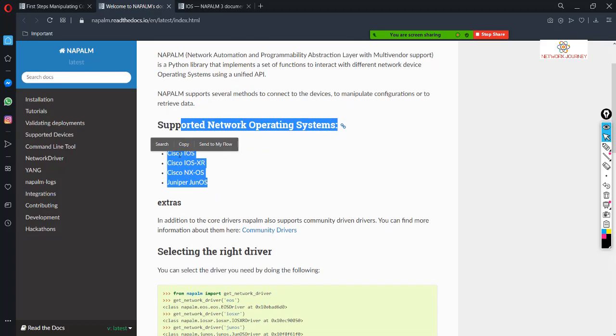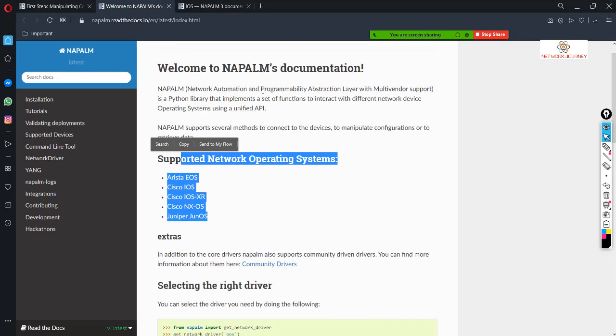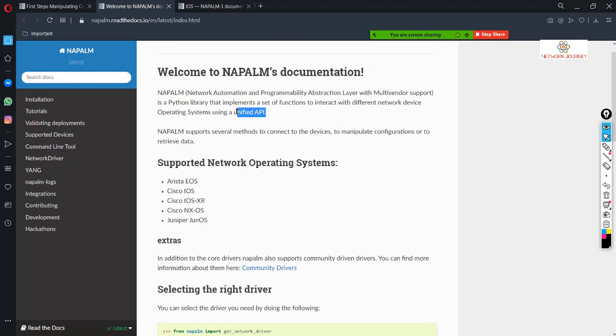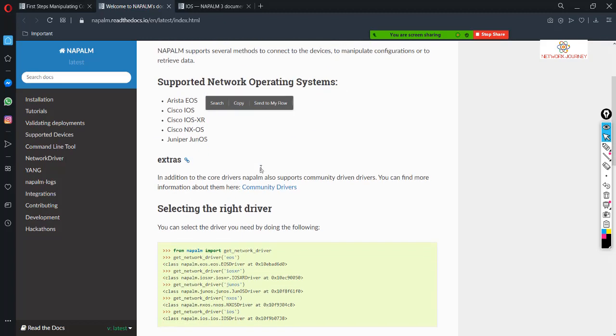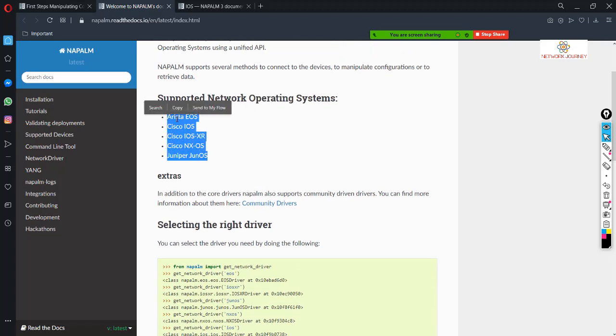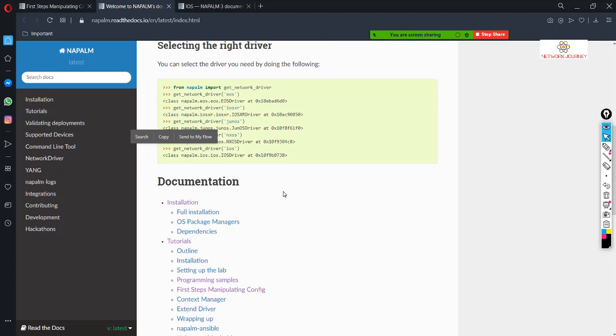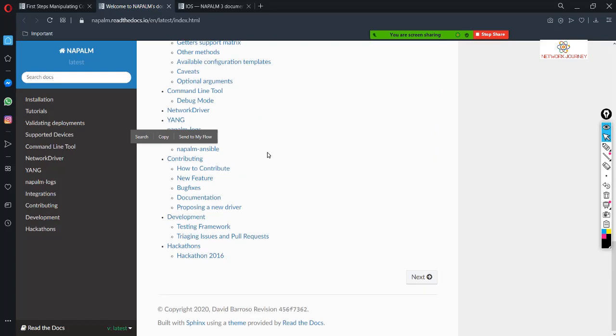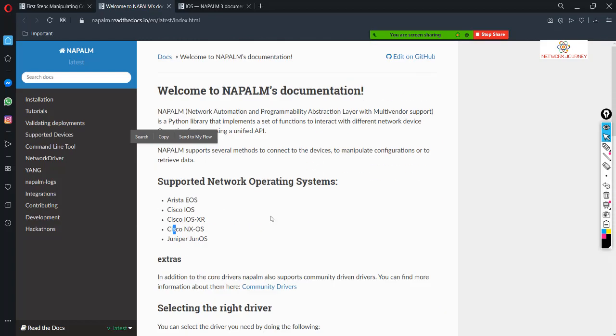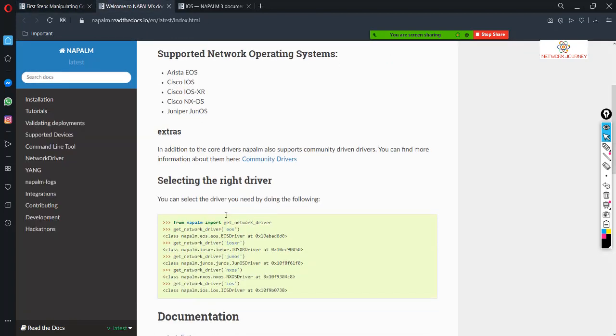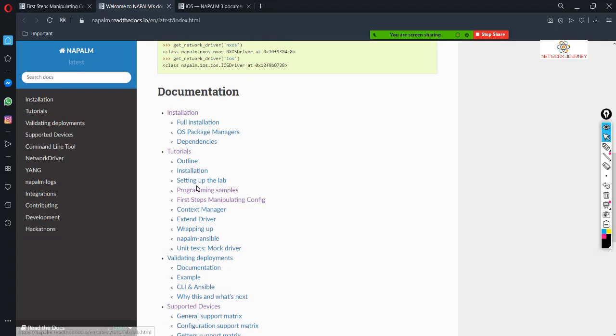Fine. What else about this module? So this is a unified, it works on unified API. Okay, and when it contacts these boxes, when I have a script written on my PyCharm IDE and I'm pushing, or when I'm trying to establish SSH on one of them, let's see on which transport NAPALM creates those SSH connections.